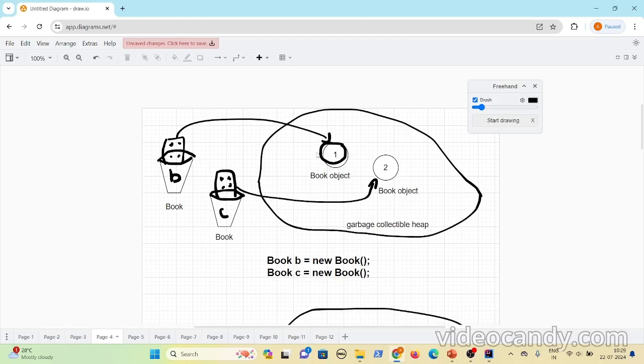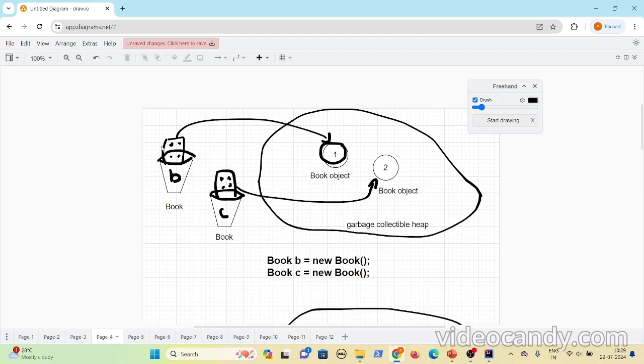So actually, for objects, the object lies on the heap, and the reference variable just holds a reference or address. I am saying address, but it depends on the JVM; it varies from one JVM to another.